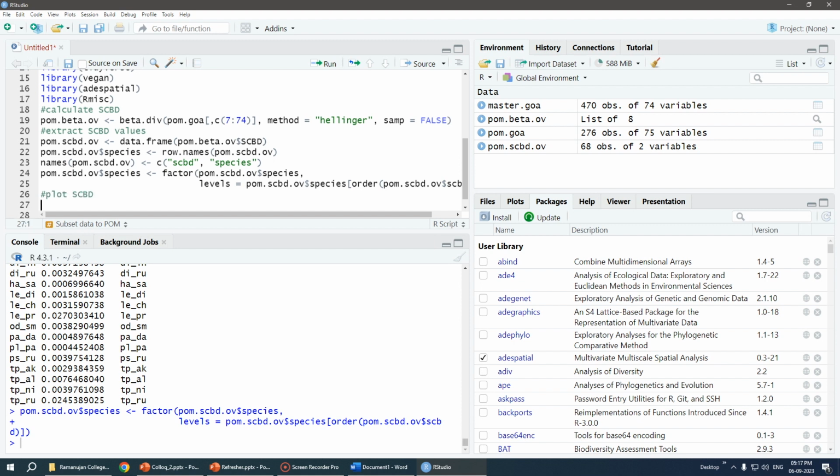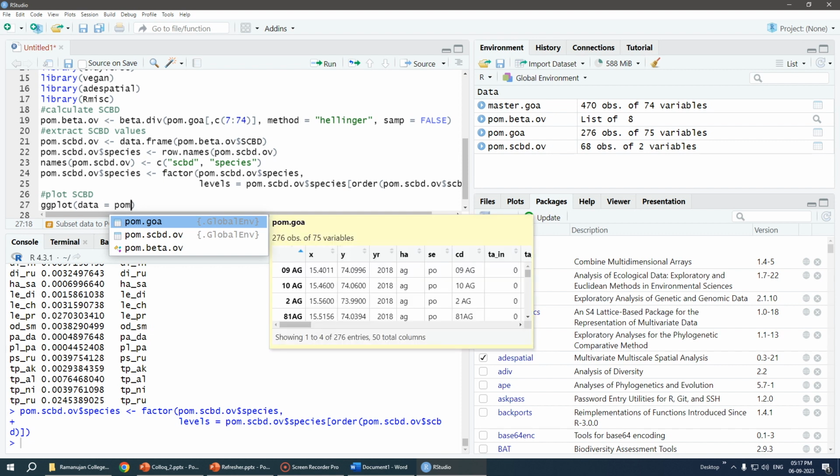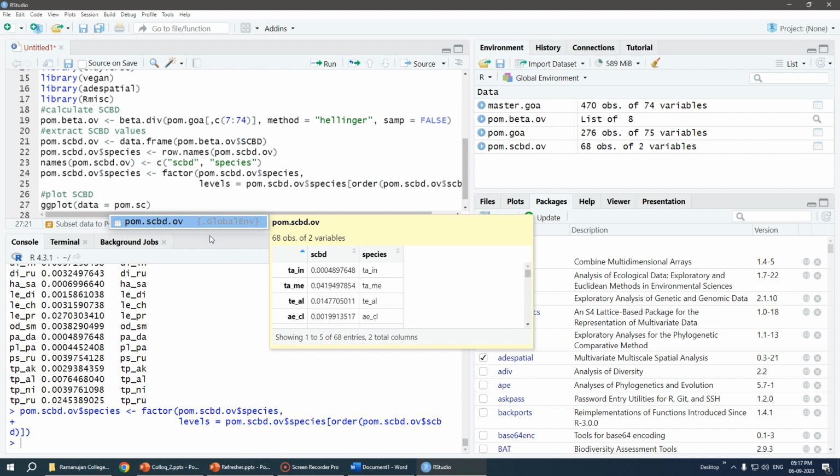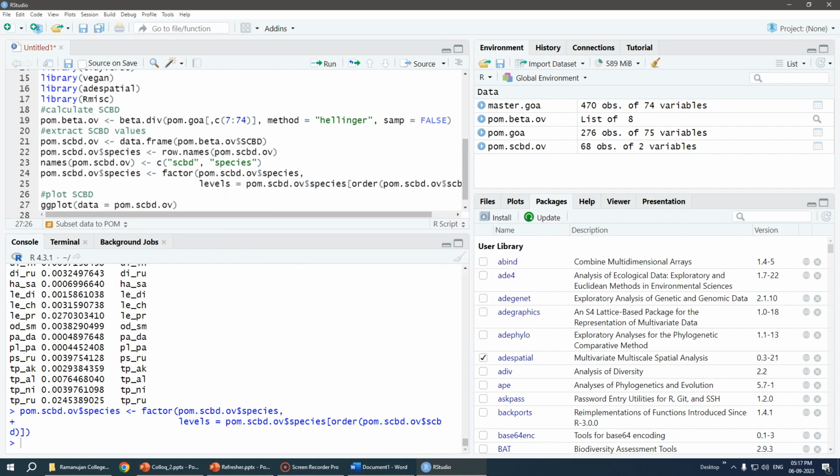The syntax is very easy. It is ggplot, and we will say data is equal to POM dot SCBD. So this is what we have prepared. This is my data, this is what we'll be using. Then we have to define what the x and y axes are. So we will choose the AES function. We will say my y value is SCBD and my x axis values are